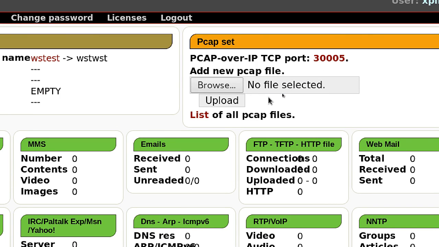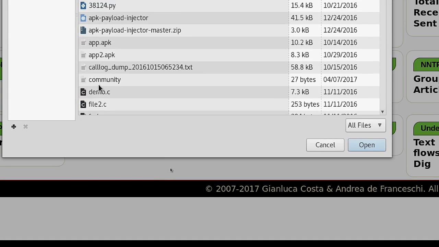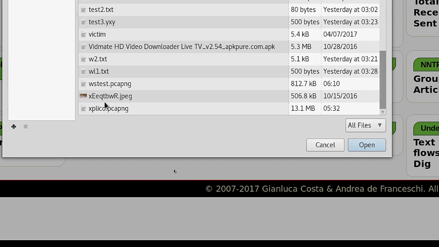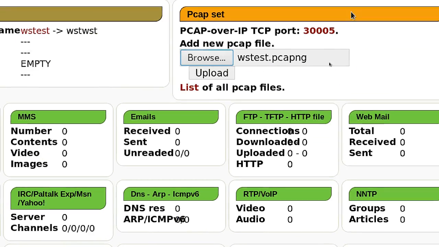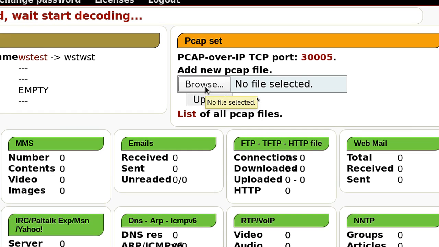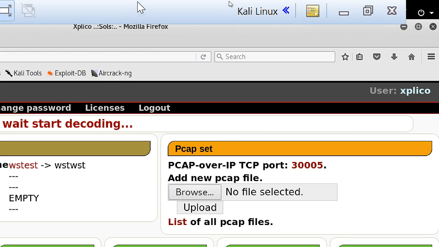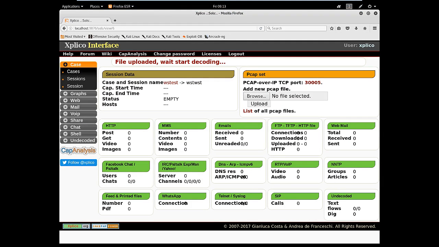Here you go, WS test. Then open, and then upload, and it will upload the content and translate it to something that you can understand and you can trace. So let's see, it's showing you. It may take some minutes until it loads and analyzes,